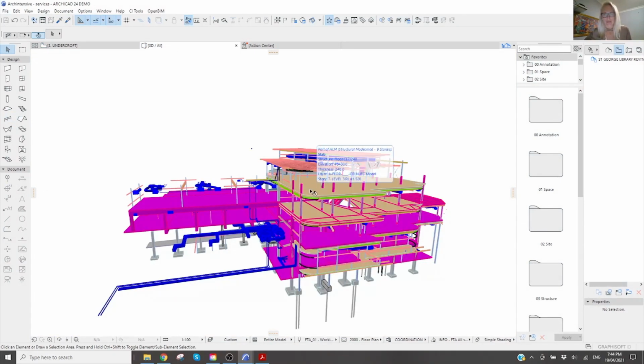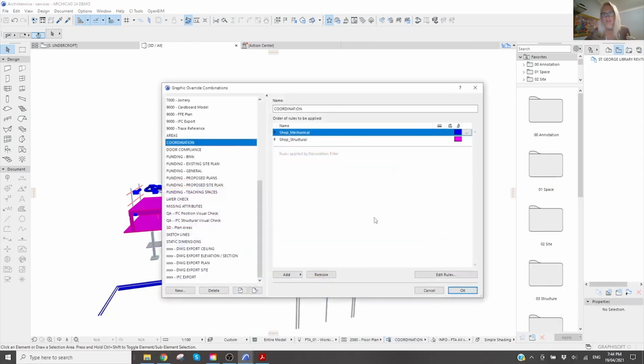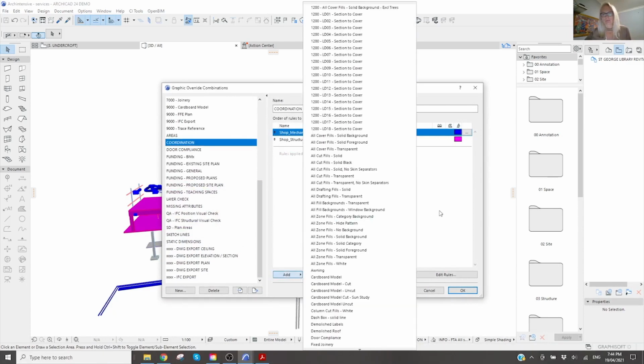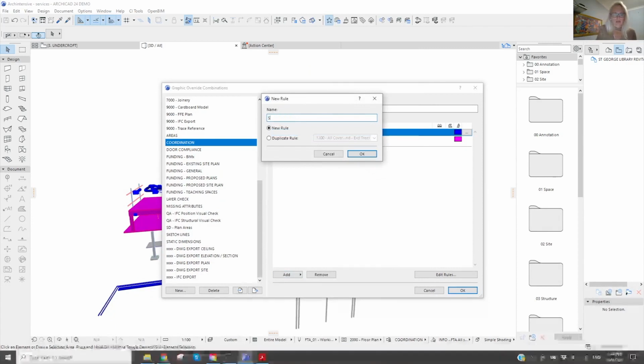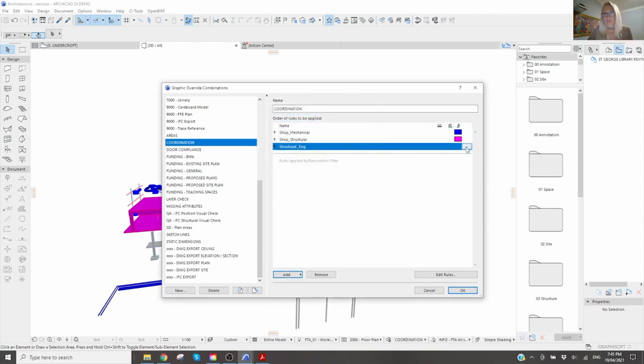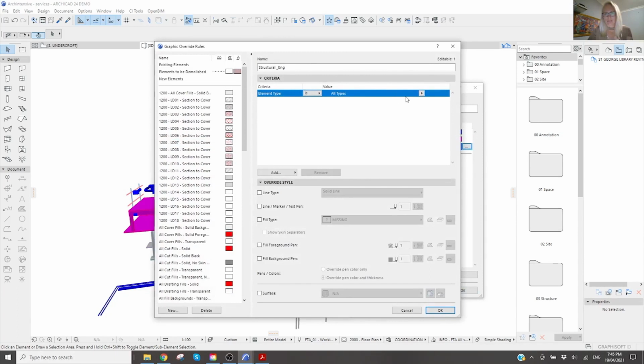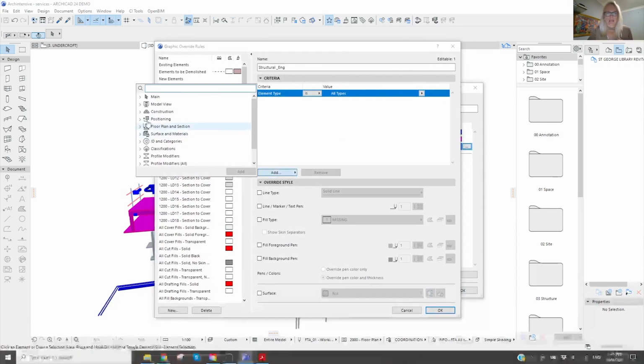Okay, so what I would like to do with the graphic combination is to override the whole structural model with a different color. We'll look at it. I'm going to create a new rule. So I'll just have to scroll down. Create new rule. I'll call it structural linear. Okay. And what I would like to do is element type is all types, and